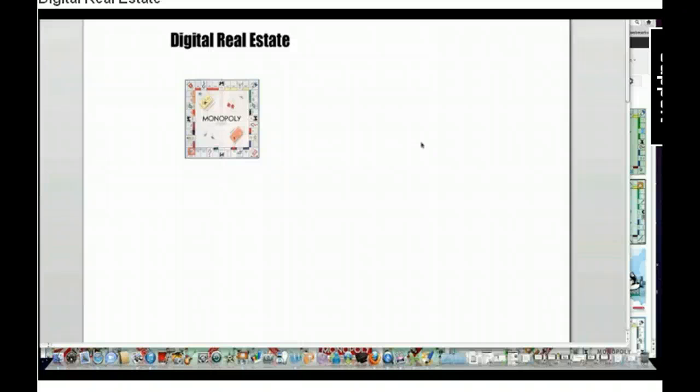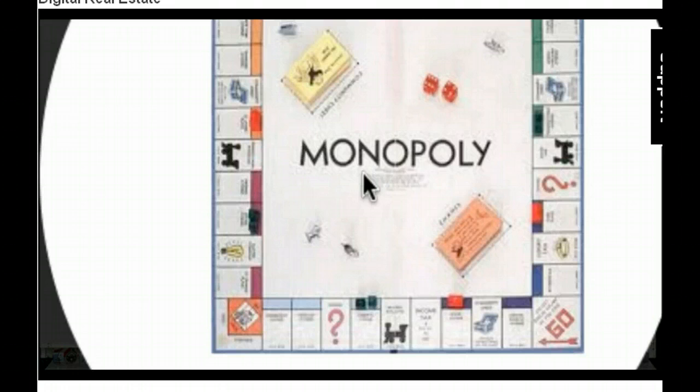Now, if you're looking at the screen, you see this Monopoly board. Monopoly has always been one of my favorite games. In fact, I don't have any games on my phone except Monopoly. So when I'm in the airport or when I'm just trying to kill time, you could probably find me playing some Monopoly. And the reason I like it is because you get to essentially learn a lot about the way